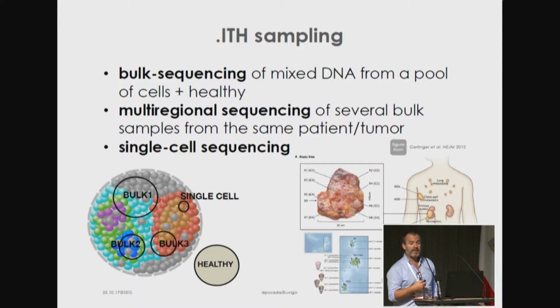Another approach, which is normally more impractical in the clinic, okay, it's more difficult to get a pathologist to give you different samples from the same tumor, is the multi-regional sample. This is a bulk, so you take a single piece of tissue. In a multi-regional approach, you take different bulks. Well, this is better because you're going to be able to represent more accurately the landscape of genetic mutations in that tumor. And this is what evolutionary biologists normally do when we go to different archipelagos, okay? And we sample different populations of individuals on different beaches in this case, okay?